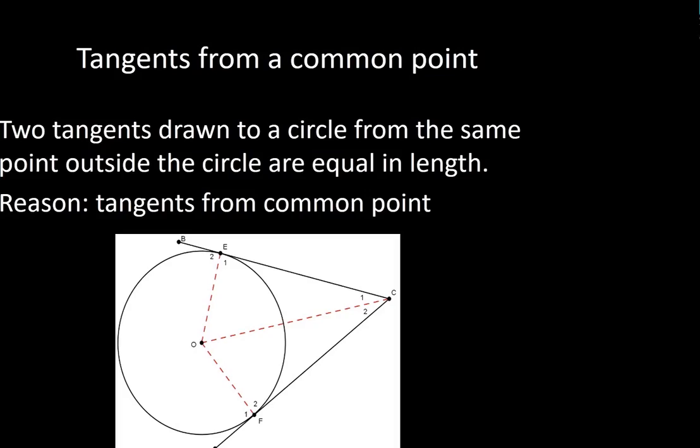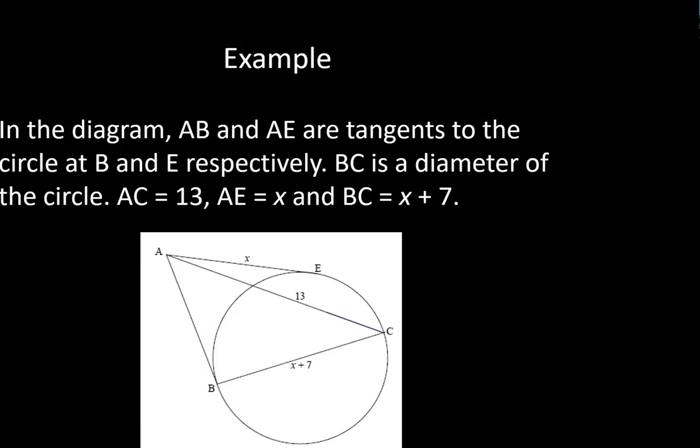It says two tangents drawn to a circle from the same point outside the circle are equal in length. So if we have tangents EC and FC drawn from the point C, then EC is equal to FC. The reason we use whenever we come across this one is tangents from a common point. Okay, all right. Let's see if we can quickly look at an example where we use these not so common